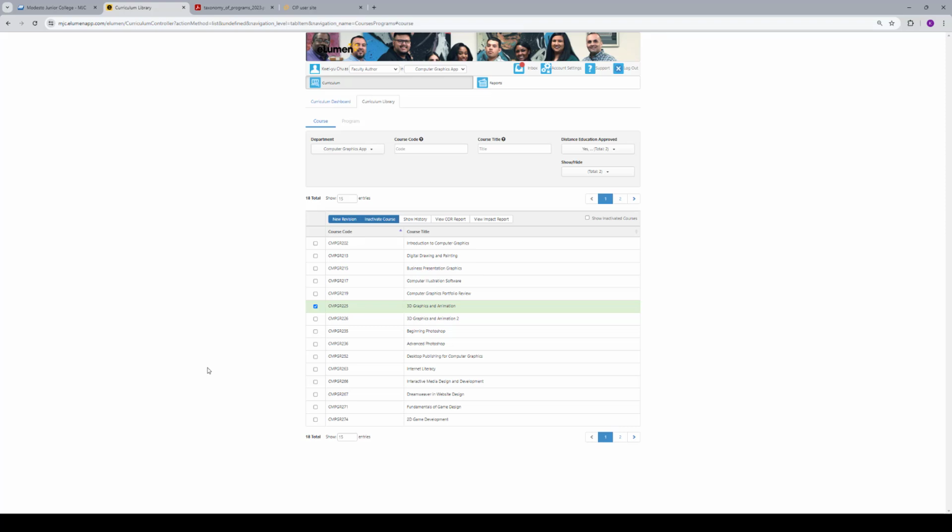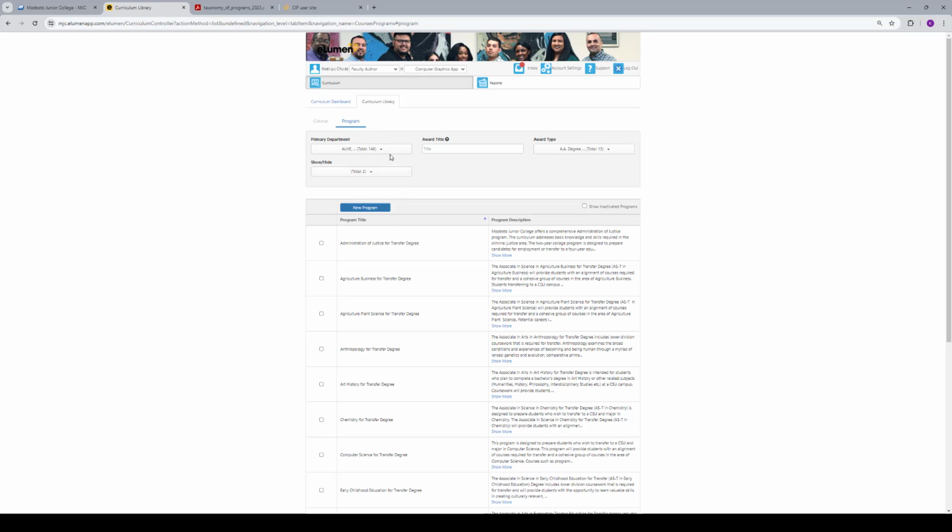Now, another thing to consider, maybe even before you submit any of these for revision, is to think about your department at the program level. Programs are essentially the awards that are being offered in your area: the certificates, the degrees, the skills recognitions. All of these different options are the programs. So if you want to reconsider your programs, what you want to do is click under the program option here,